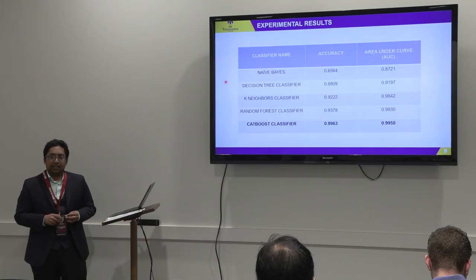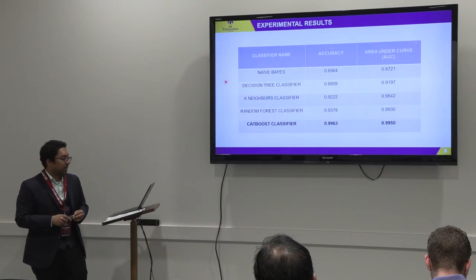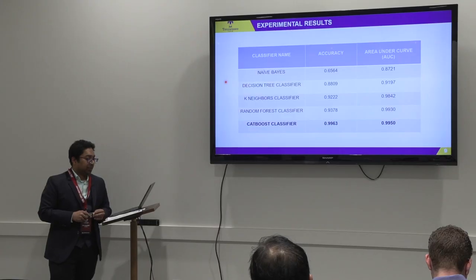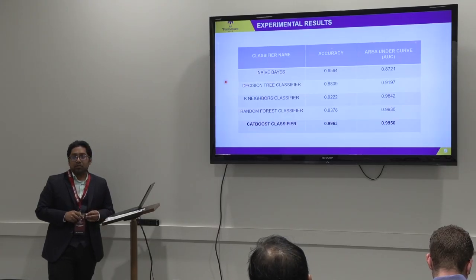From the performance metrics, we found that the ensemble models like random forest and CatBoost classifier performed better than the traditional classifiers like naive Bayes, decision tree, and KNN, and we were actually surprised with the accuracy. The accuracy is more than 99% because we actually have